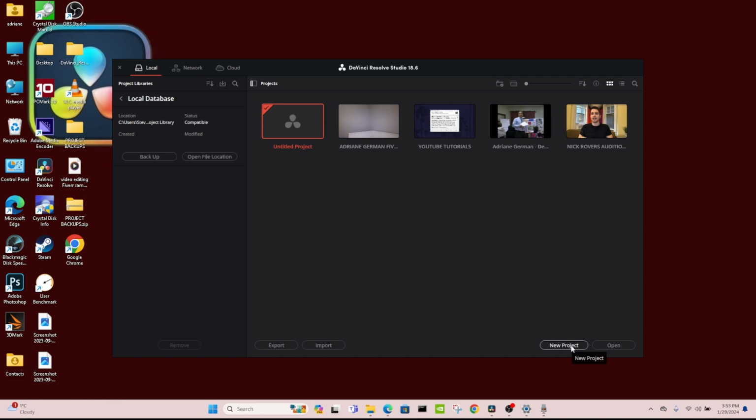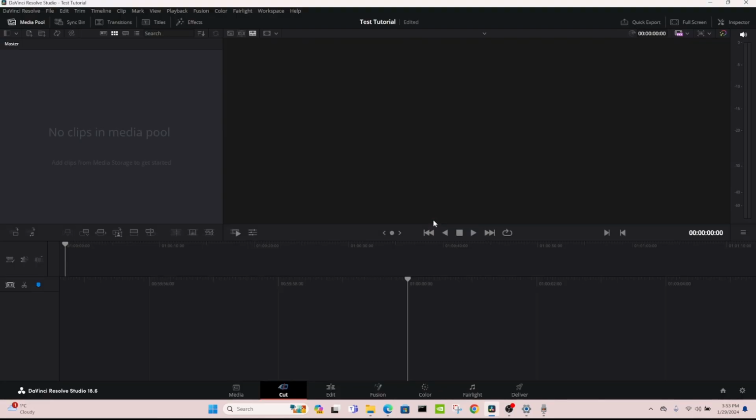To start a new project, you go to the bottom right here and you say new project, and then you can name it whatever you'd like. So I'm going to say test and create. And you can see at the top here that you are in your project. Just in case you're using multiple projects and jumping back and forth, you have to make sure you're in the right one.